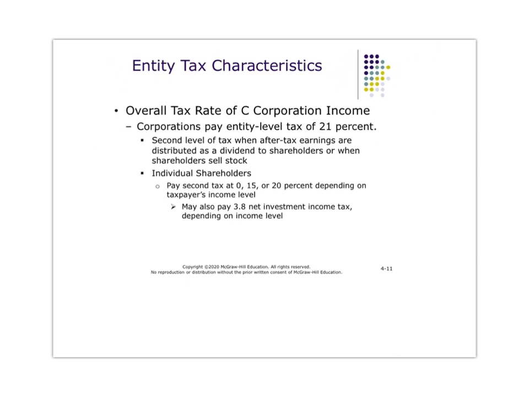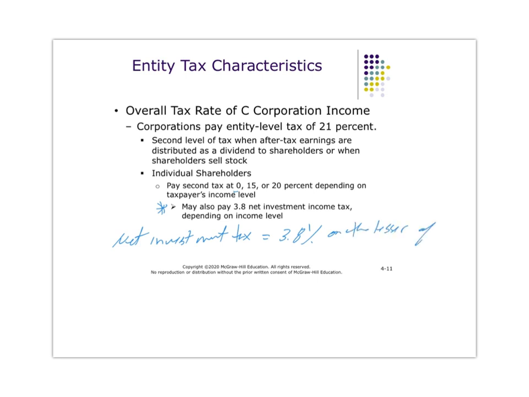Remember that C corporations now have an entity-level tax of 21%, and then there's a second level of tax for shareholders when you receive a dividend, and those are preferential rates of 0, 15, or 20%, depending on your income level. And you may also, as a shareholder, have this 3.8% net investment income tax. Remember that your net investment income is your gross investment income minus investment expenses. And your net investment tax is 3.8%